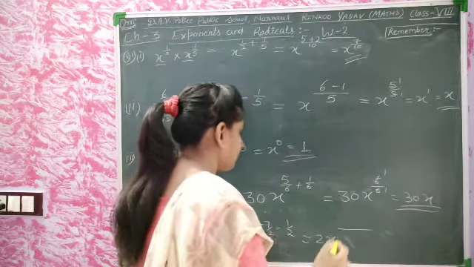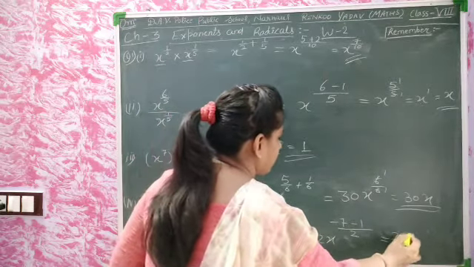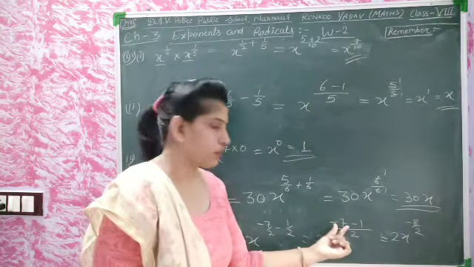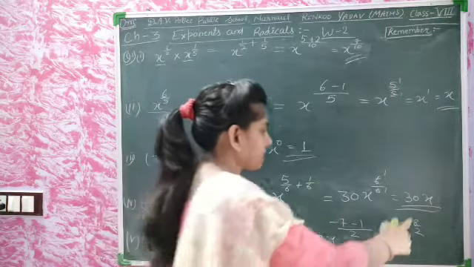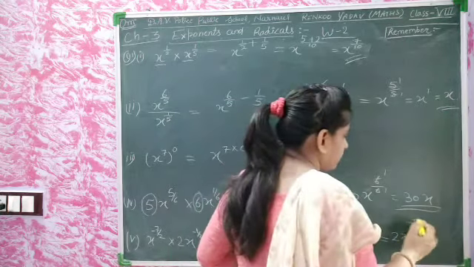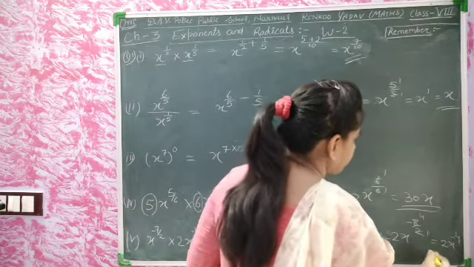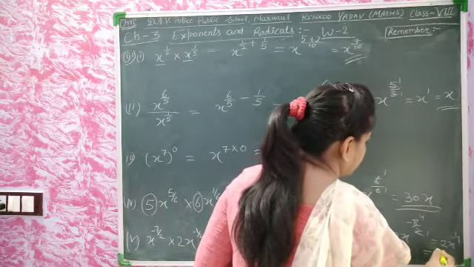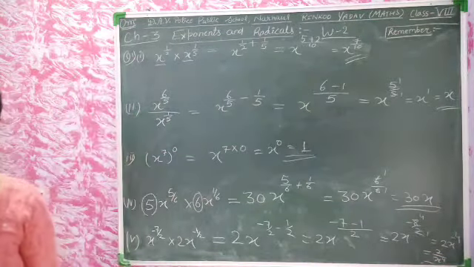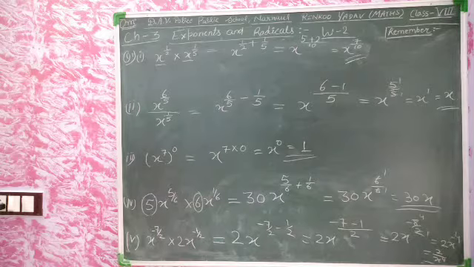2x LCM is 2 here, minus 7 minus 1. When we solve here, we will get the answer minus 8 divided by 2. Same sign. It means we will do the sum 7 plus 1 that is 8 and we will get the same sign, and that is minus. 2 ones are 2, 2 fours are 8. It will get 2x to the power minus 4 and that equals 2 divided by x to the power 4. It will get the answer. Is this clear students? Now we will go to the next question.